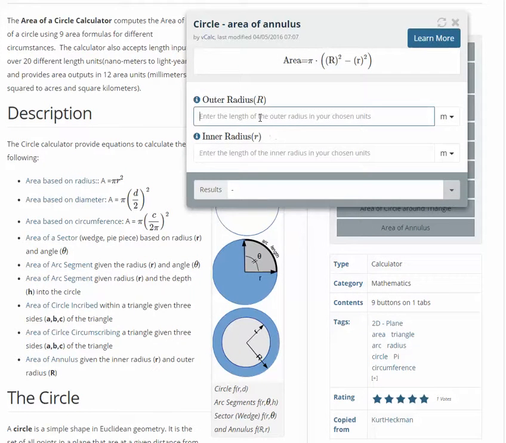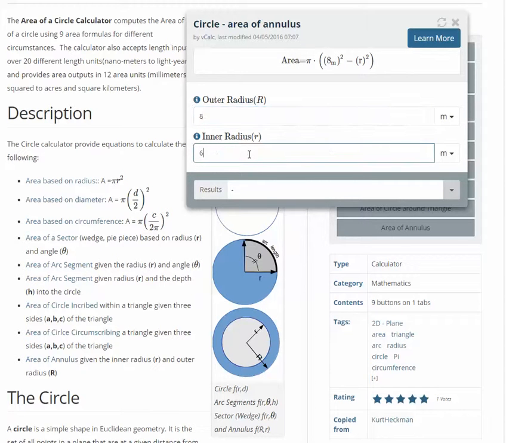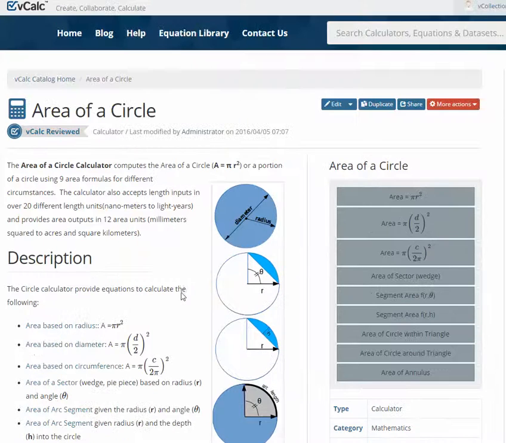So in this case, we'll go ahead and we'll say the outer radius is 8, and the inner radius we'll put down as 6, and therefore that area in blue is 87.96, etc. meters squared. So again, very useful formulas in VCalc, free calculators available to anyone who needs them at